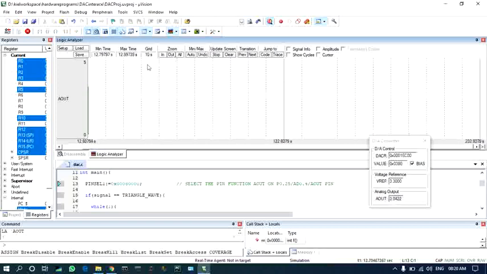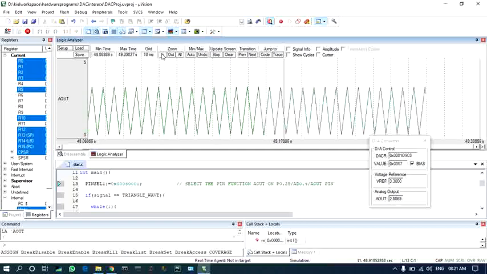The grid calibration is in terms of seconds. Now it is 10 seconds, 20, 50, so 100 seconds. That means 1 unit is 100 seconds, whereas our triangular waves are in milliseconds. So use zoom in to unfold the wave.